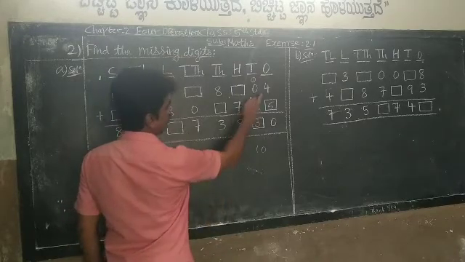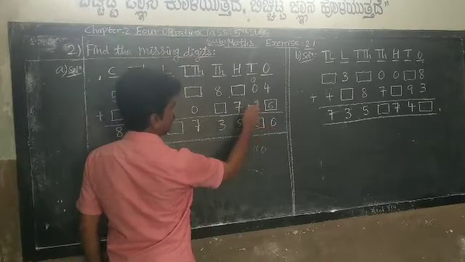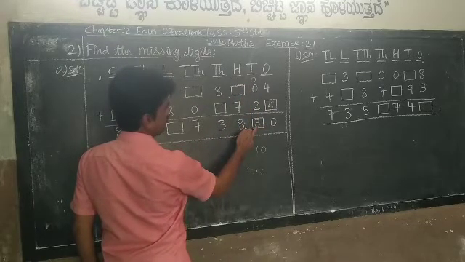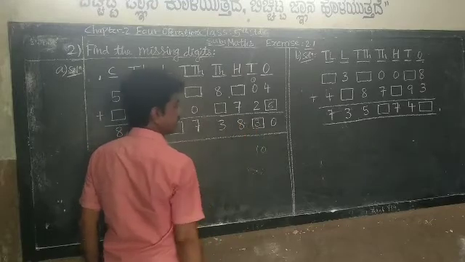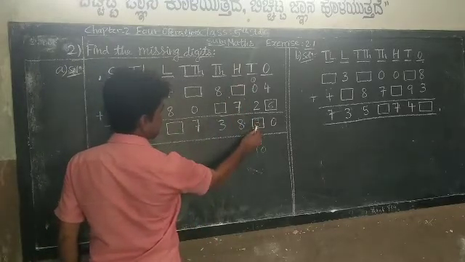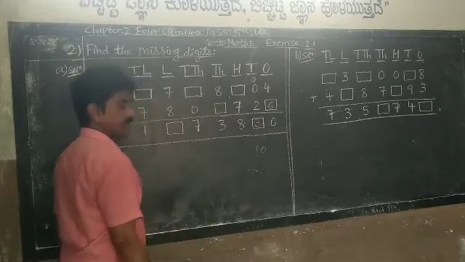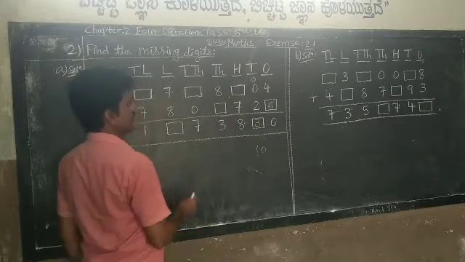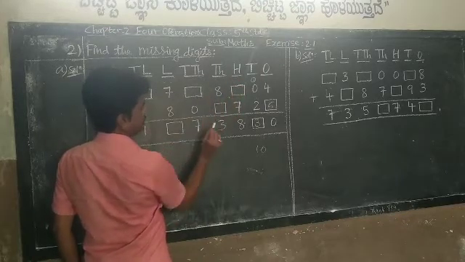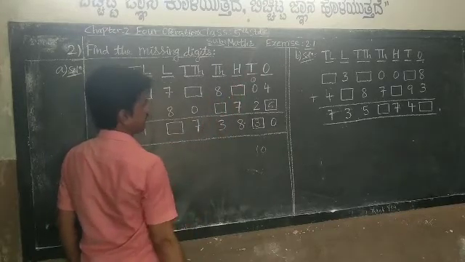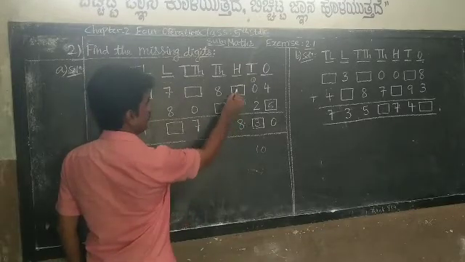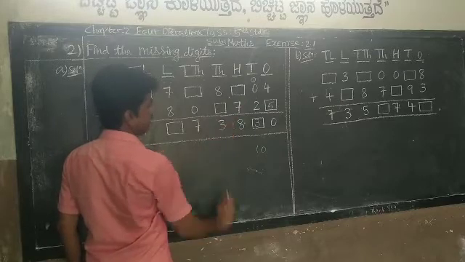Understood? 4 plus 6, 10. 0, 1 carry. 1 plus 0, 1. 1 plus 2, you must get 3. So write 3 here. Next, there is no carry here because 3 is a single digit number. There is no carry. So next, go for hundreds place. See here, dash plus 7, 8. So 8 is there. Already 7 is existing here. What number you have to put to get 8 here?